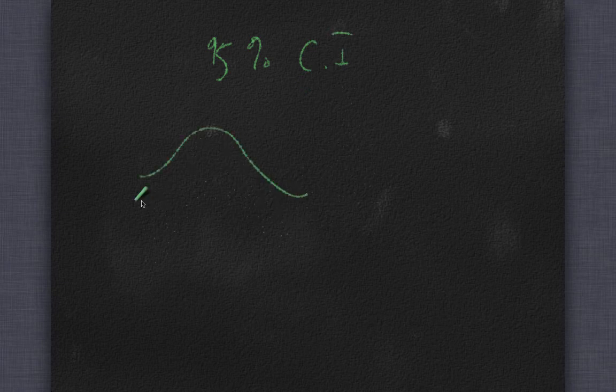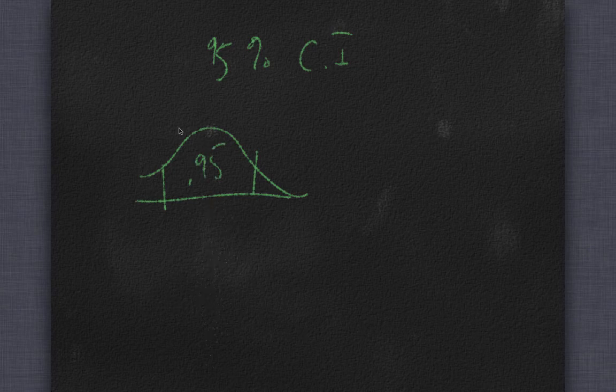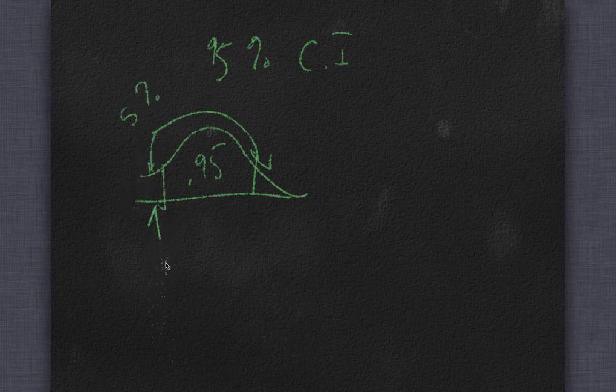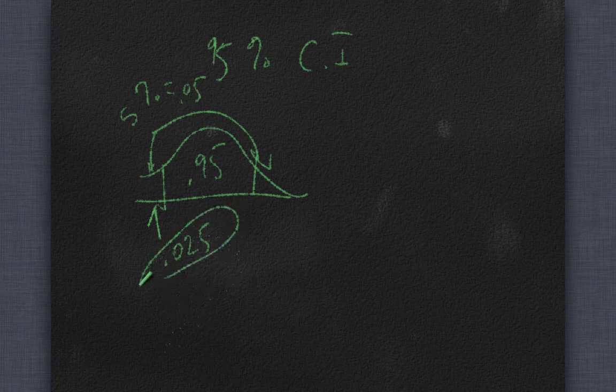So if I want a 95% confidence interval, that means that I want an interval that has 95% inside it. Okay? That means between the two of these is 5%, which means just a single one of them has 0.025, because this is 0.05. So I want to look up 0.025